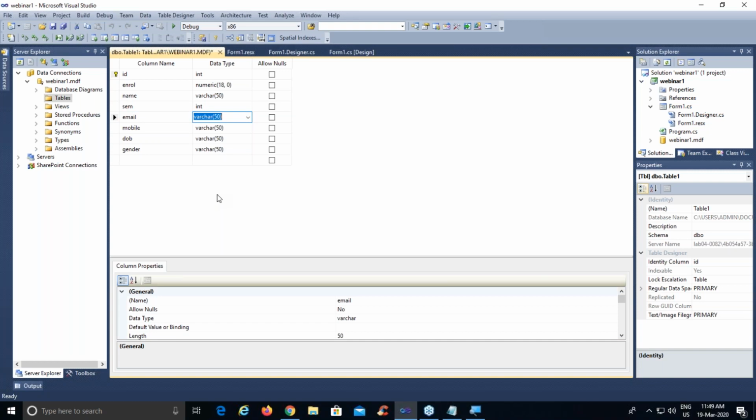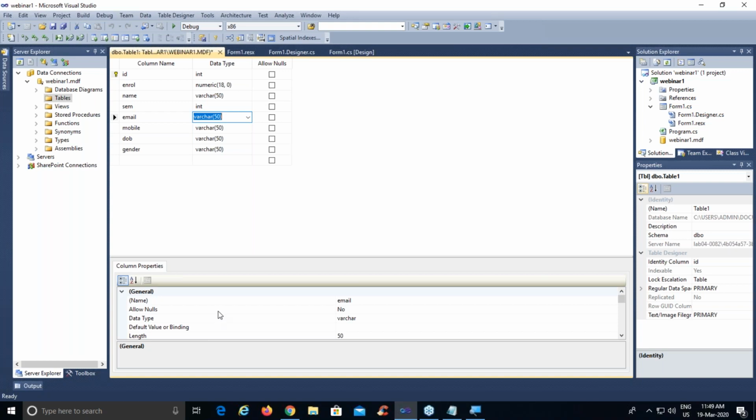Now for those who are working in Visual Studio 2015 and 19, what you need to do is scroll down to your code part. In that the first line will be create table square bracket dbo.table. So you need to rename that table to whatever name you want to save this table as, right?